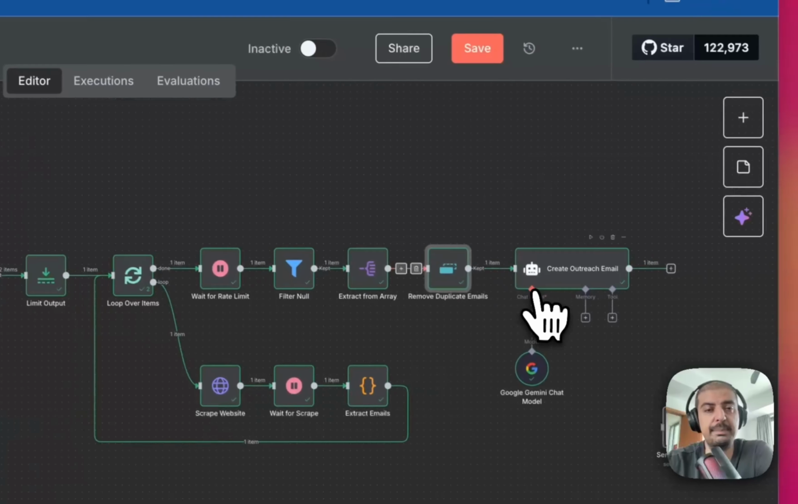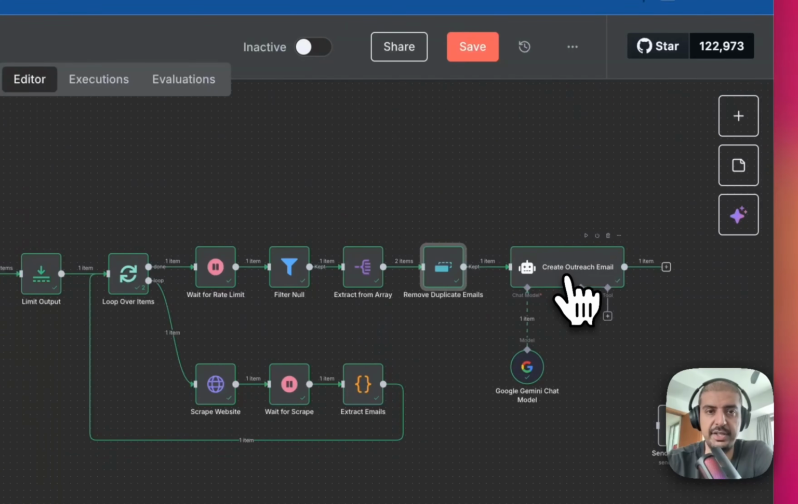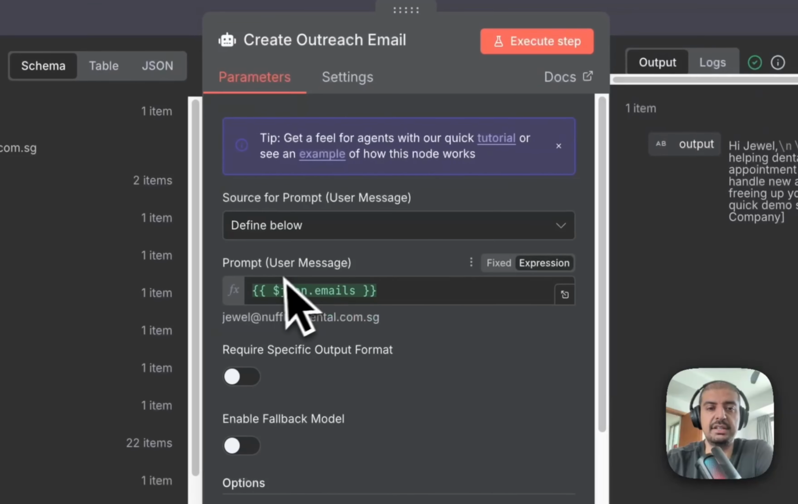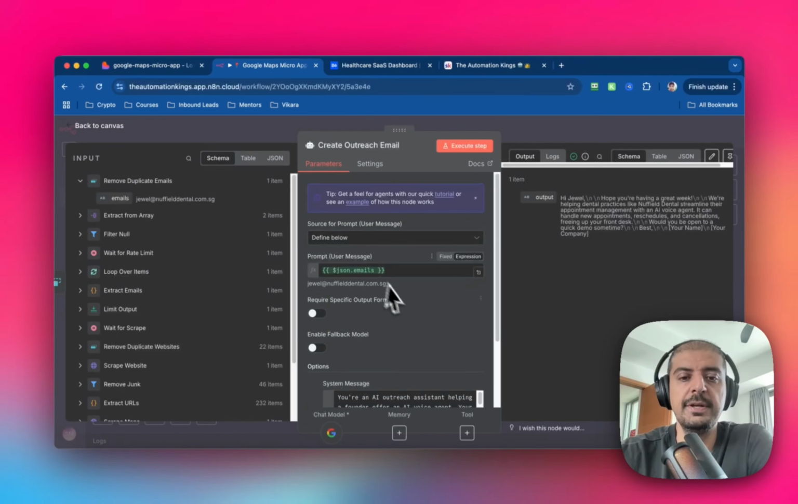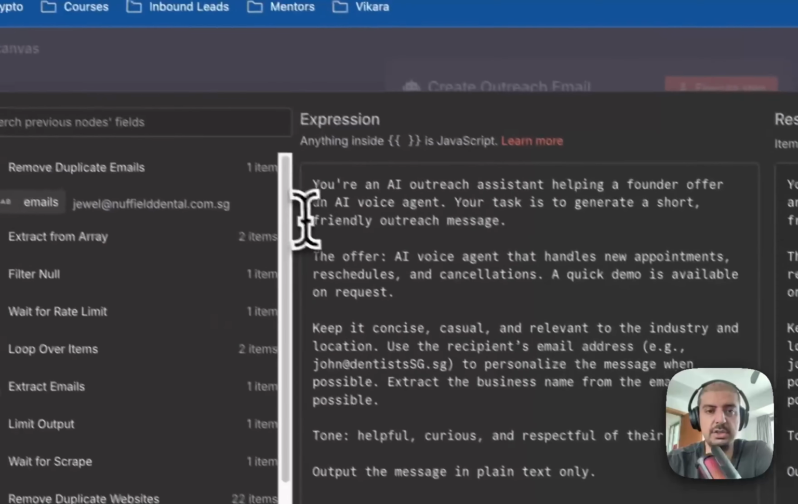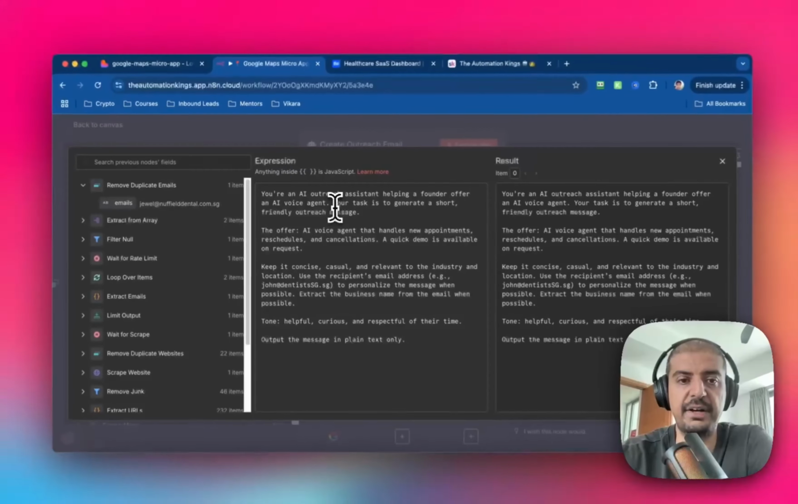And then now we have the email address. We can plug that into the AI agent. So this is the AI agent here. You can see that basically the prompt is just the email address. And then for the system message, I've just said that you're an AI outreach assistant helping a founder offer